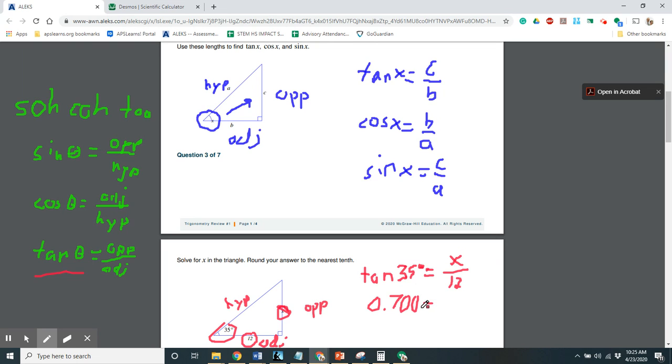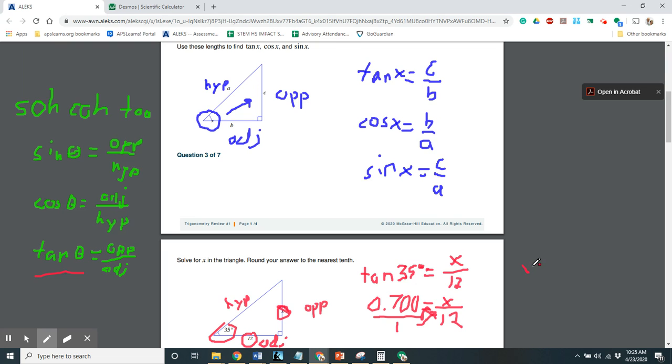That's the same thing as tan of 35. I'm just replacing it. Then we cross multiply. You write this over 1 to give us x is equal to,